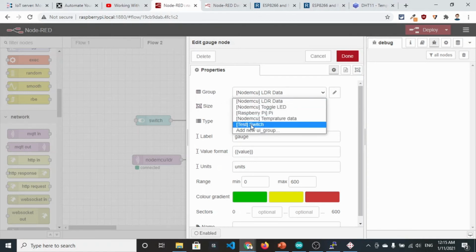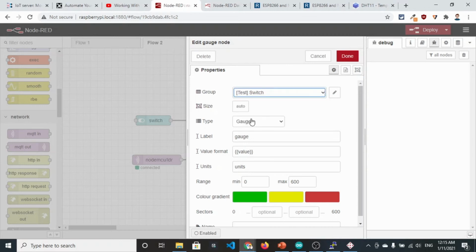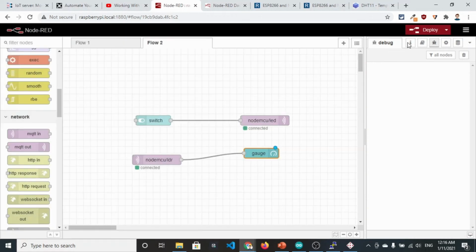I have created this switch group for test, so you need to select the same, because it will add only if you select the same group. So done and deploy.